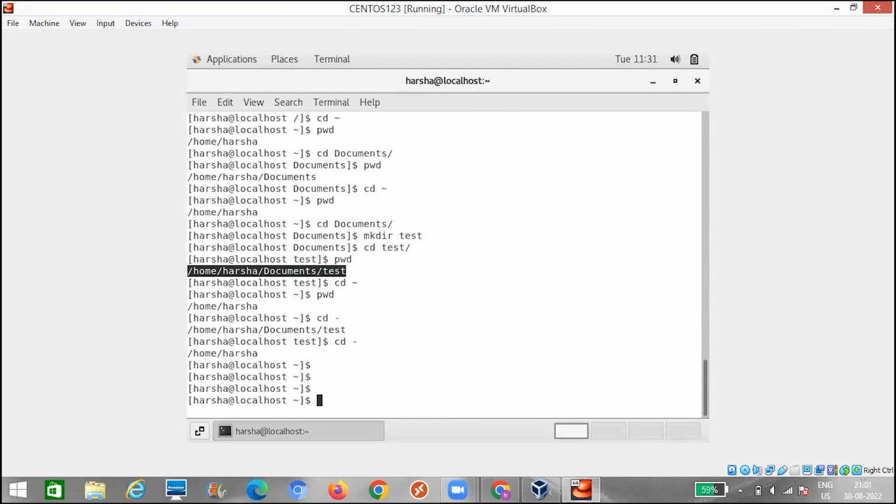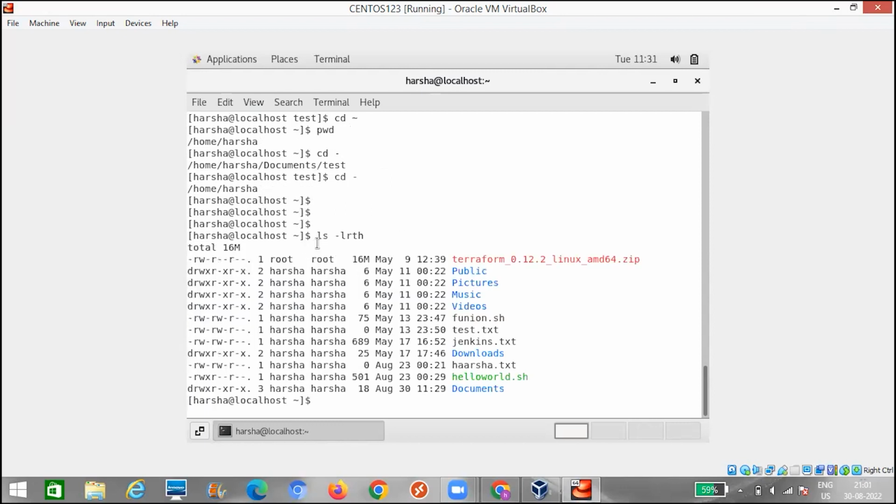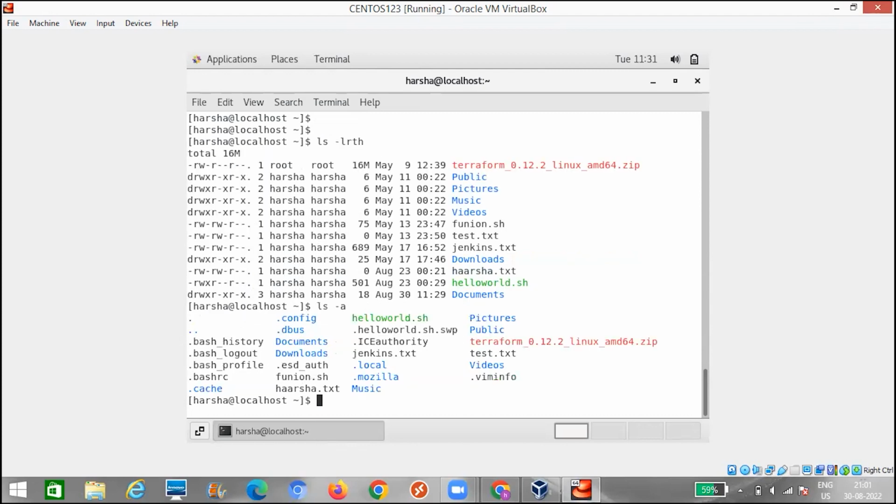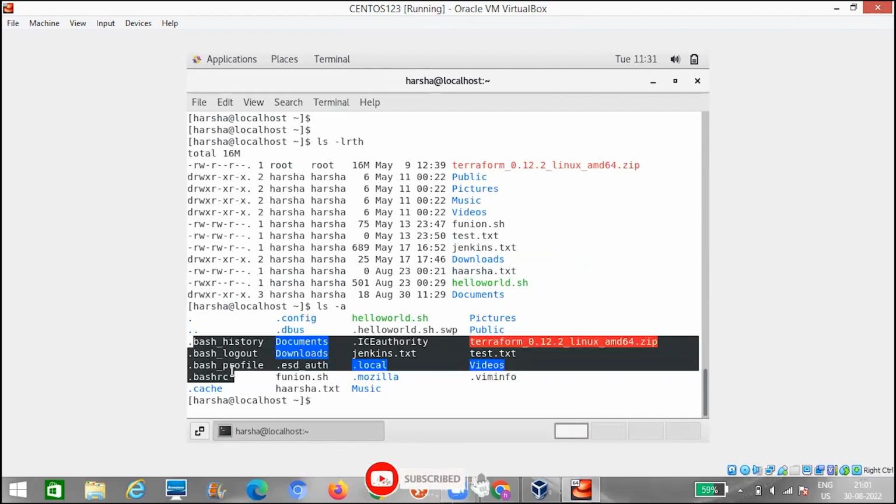So till now we have discussed two commands. One is ls -lrth, which lists the files, giving the long listing of all the files in reverse order by time, in a human readable format. And also if you want to see hidden files, you will be using ls -a. If you give ls -a, it will list all the hidden files along with the regular files. What are the hidden files here? .bashrc is a hidden file. .bash_profile is a hidden file. Because if a name begins with a dot, then we call it a hidden file.